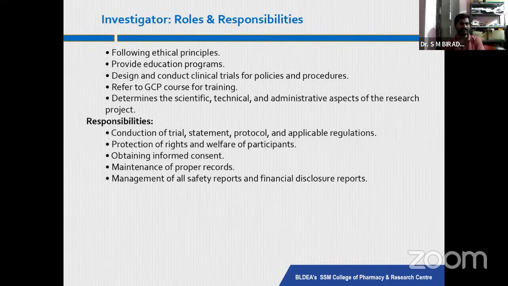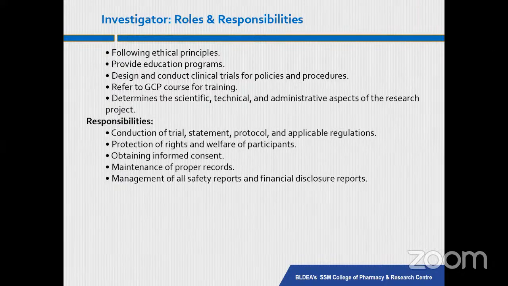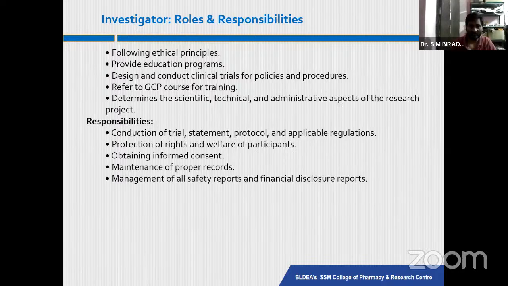This is his responsibility. Investigator responsibility means he should be ethically principled. He should educate all the participants and the program coordinators. He should explain: what is your role, how you have to carry it out, what is the participant's role, what is the nurse's role, and how you should involve yourselves to collect the data. So he should address all the other participants' roles and responsibilities in detail, so they can do their work properly and get back the results in the correct way.